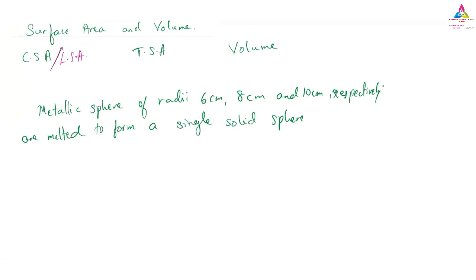I'm not going to write down how to find it, what you have to do, nothing, I will ask. I'm giving one question. A metallic sphere, not one sphere, there are lots of spheres, so I will write down spheres. The metallic spheres of radius 6 centimeter, 8 centimeter, 10 centimeter respectively are melted to form a single solid sphere. So here they are talking about the area or the volume, because the question will be like this way. Understood, I think. So what is this? Whether it is the area or the volume?